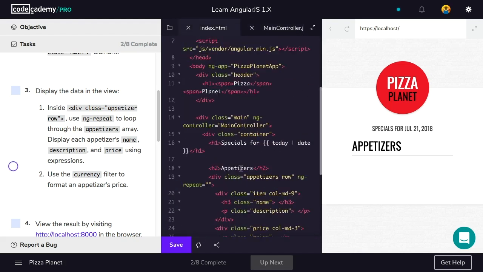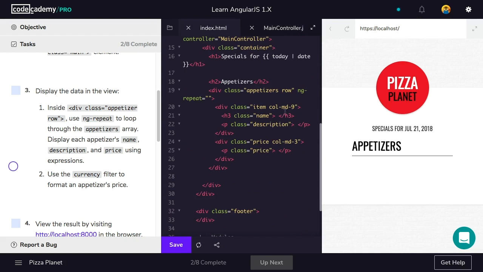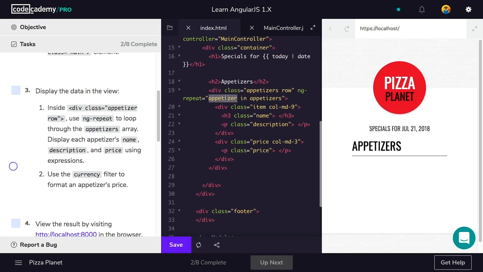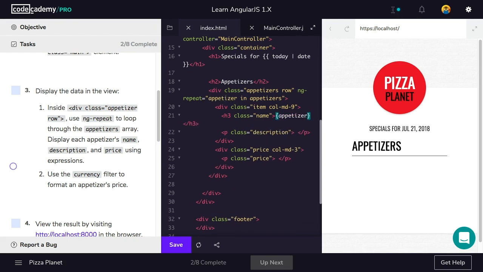So what are we going to do? We're going to iterate over each appetizer in appetizers. Okay, so now this will give us access to each individual appetizer, and then with that we can just say, using expressions,